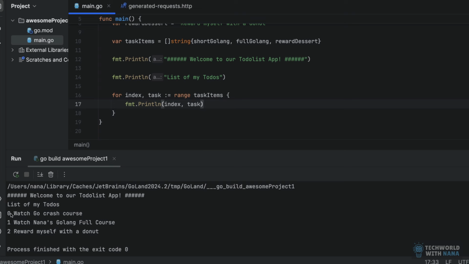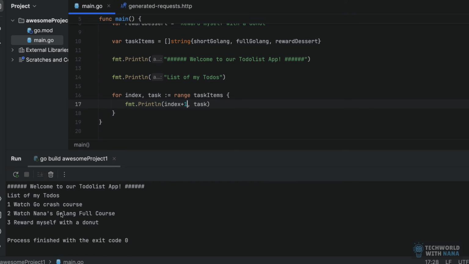So what I want to do is I want to have here a list starting with 1 instead of 0. And then after that, I want to have a dot. So that's how I want everything to be printed out. So how am I going to do that? First of all, I'm going to say print out index plus 1 instead of the index itself. That's it. So it's going to add 1 to the index and print out the result. Let's run again. There you go. Very easy fix. Now I want to also have a dot here. I'm going to add a string